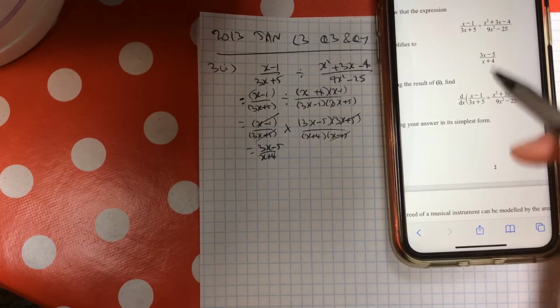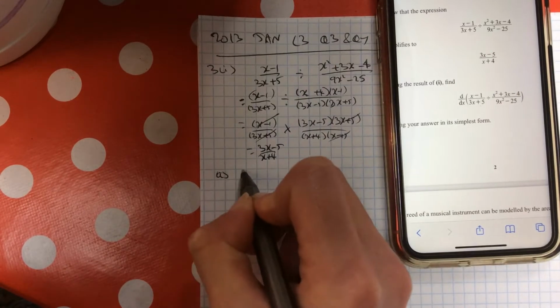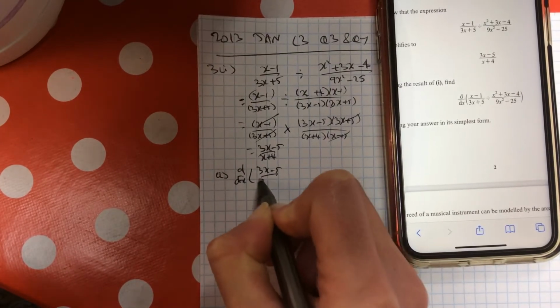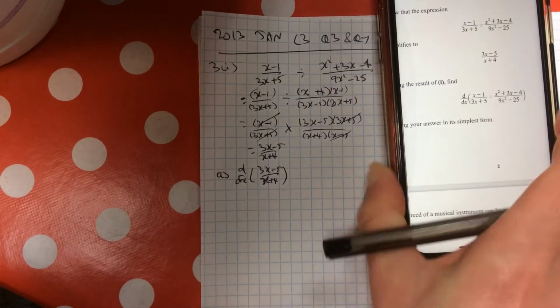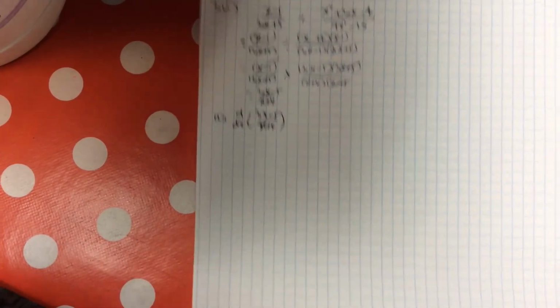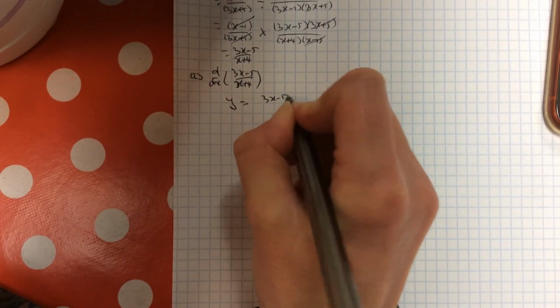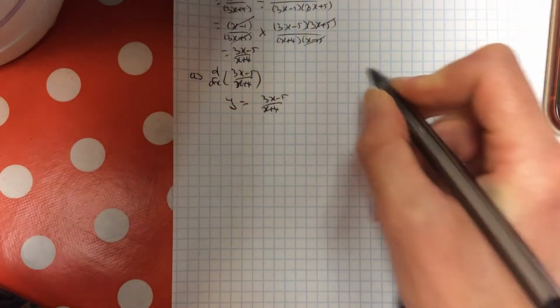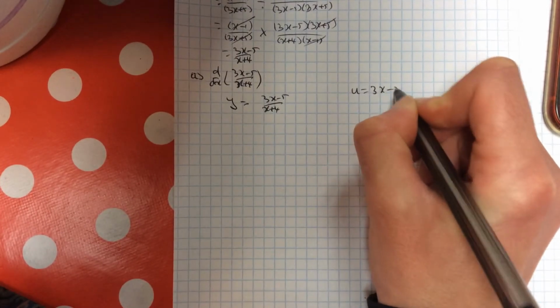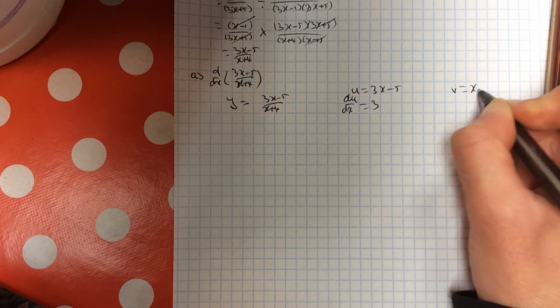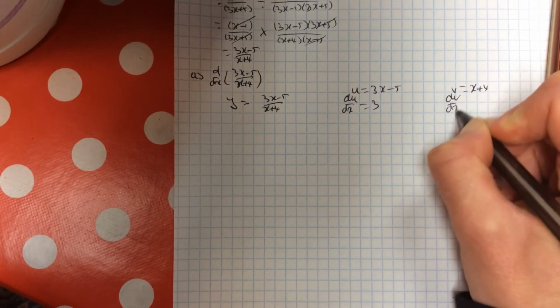Now this is the expression above. So basically what it's asking me to do is to differentiate the answer to part 1. I like to write it as y equals, which makes it look a little bit easier to follow. So y equals (3x - 5)/(x + 4). So u is the top line, du/dx is 3, v is the bottom line, dv/dx is